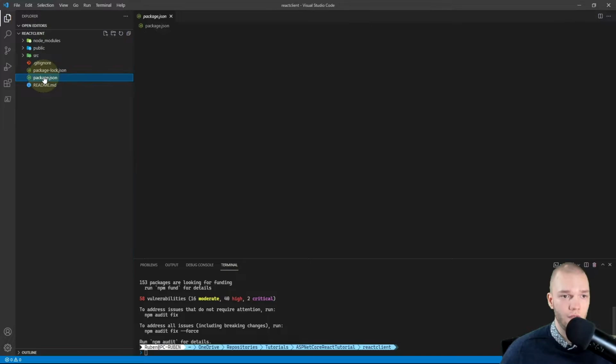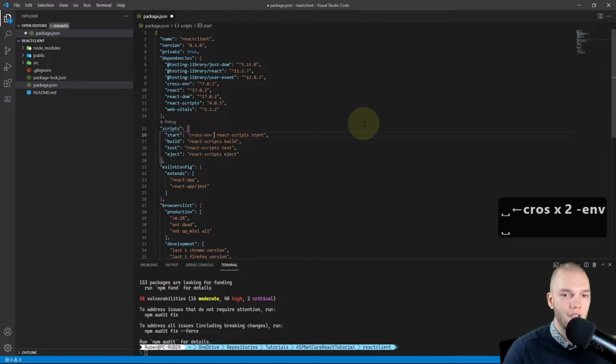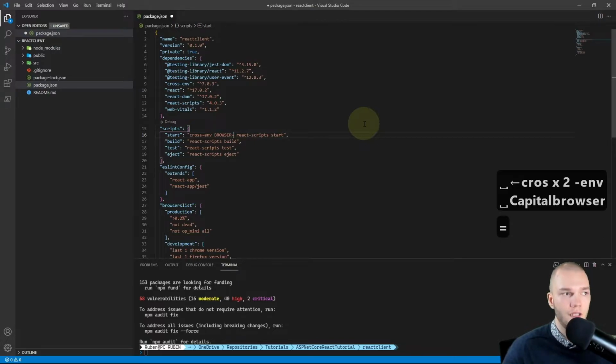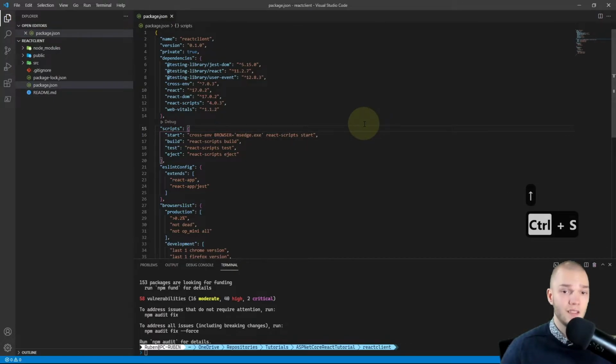Then I'm gonna go to the package.json file, and I'm gonna change the start entry in this script object to cross-env, and then uppercase BROWSER equals, and I'm gonna set that to ms-edge.exe. And this is optional, obviously it will default to your system default browser. I'm just explicitly saying use Microsoft Edge.